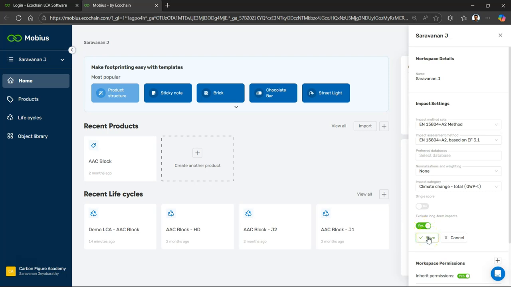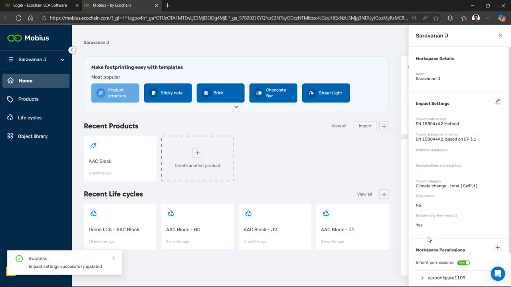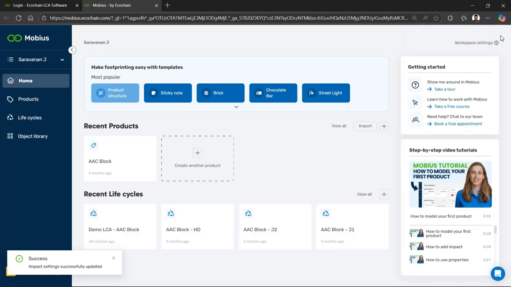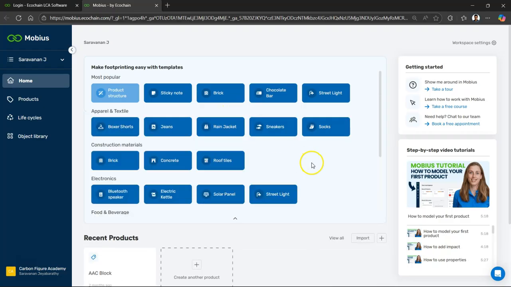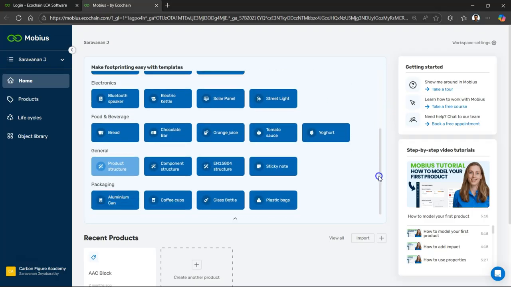Okay, I want to exclude the long-term impacts, so I just save it, right? That's it. So the workspace has been set up. Now you just have this kind of dashboard. They have template life cycle assessments for different sectors and different products, and you can scroll down to see, yes, a lot of them are there. So once you open them, for example, coffee cups,